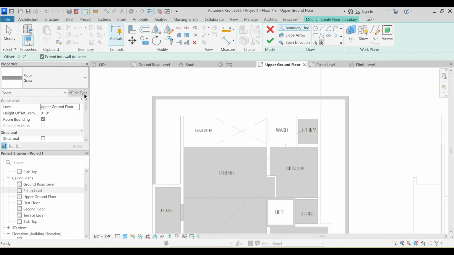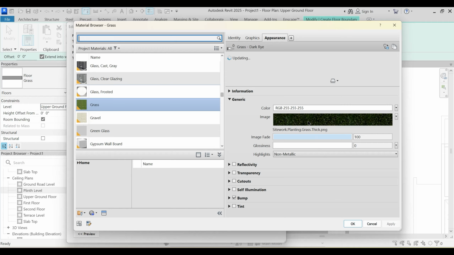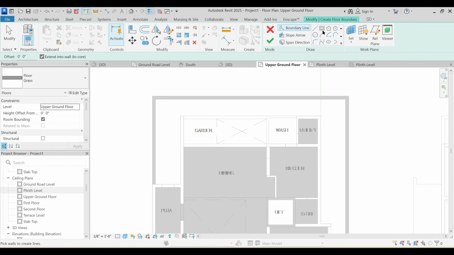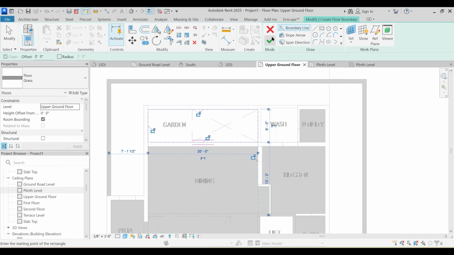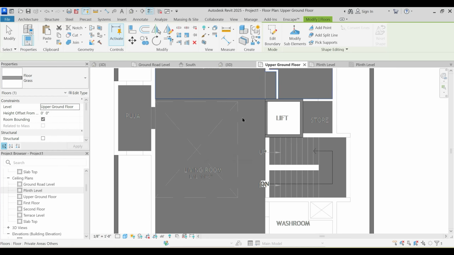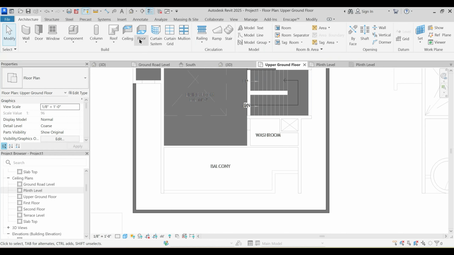Yes, wherein this grass material has been applied to it. Rectangle all the way from here to here. Finish. Don't attach. And herein we have this extended plinth, extended floor plate, which would be